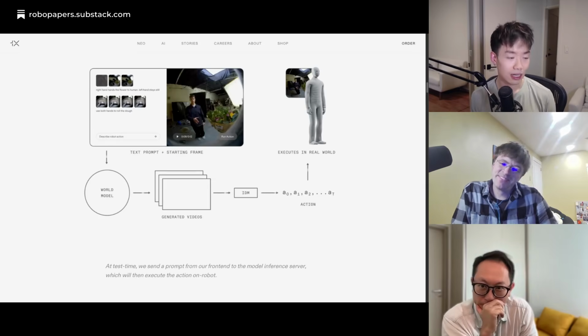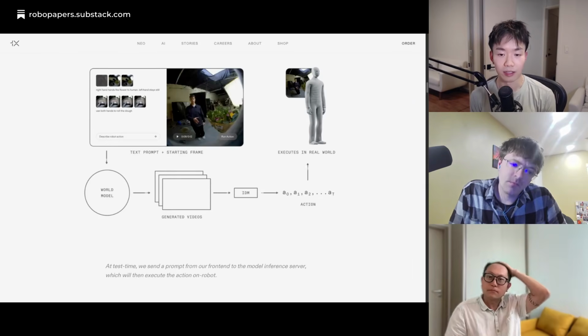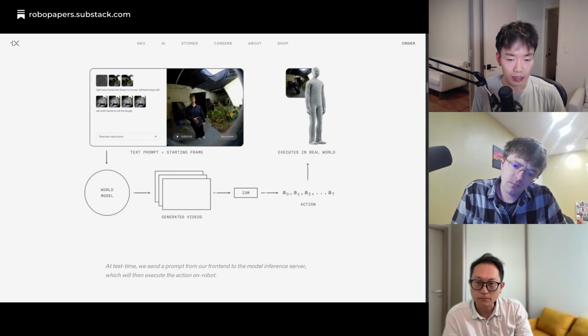And that is a big reason to merge the IDM and the world model. That can make it faster, right? So then you don't need to run two models. You could just run one model. You could even run the model partially and do things like just care about the action part of it.